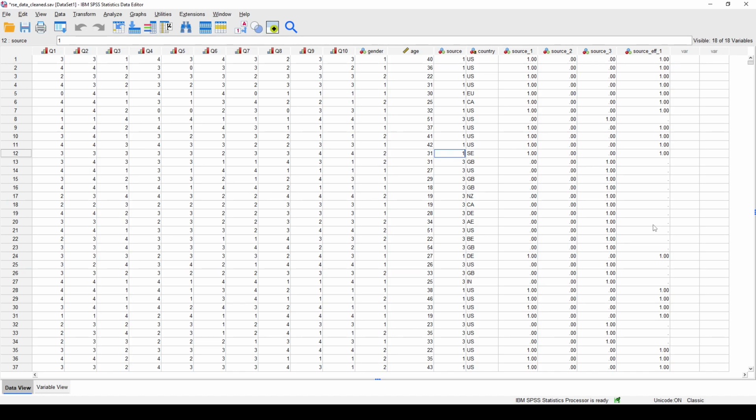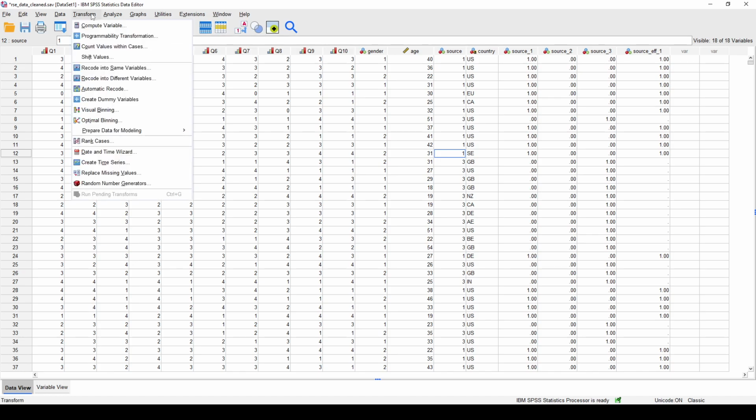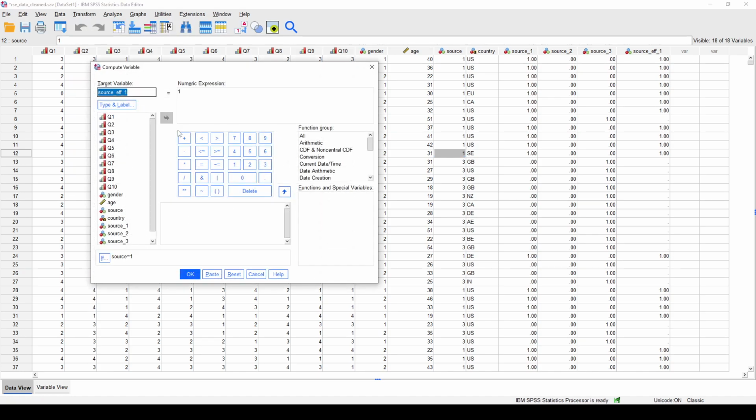This looks partially finished, and that's because this is partially finished. I need to go in and indicate what coding values I want for the other values of source. So I'm going to do the same thing, go to compute variable, but this time, instead of changing my variable, I'm going to leave the target variable the exact same because I'm going to go to if and start to